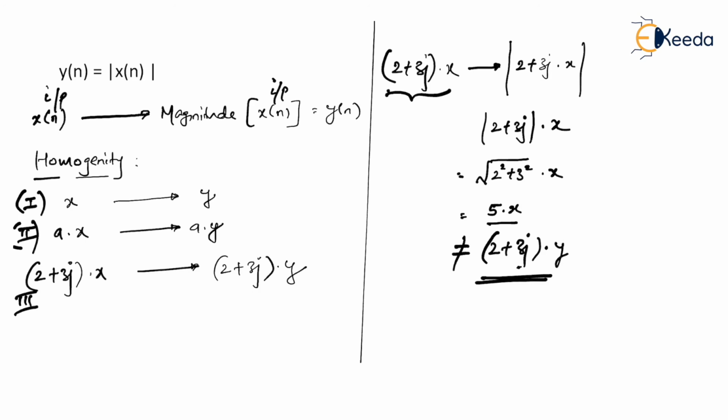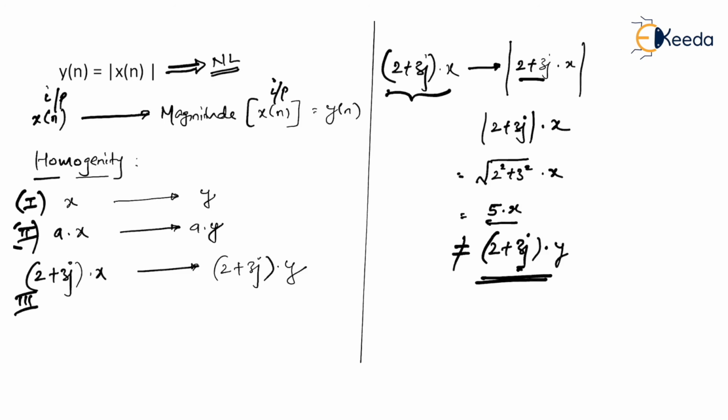It is never going to allow any imaginary value out because it is taking the magnitude of the whole x of n. Even though you apply some complex constant to it, it will take the magnitude of it and make sure that at the output you will get only a real value, that is 5. So even though you multiplied your x of n with 2 plus 3j, because of the nature of the system, it has taken the magnitude and made sure it is giving you only a real value out. Again, it is not following our homogeneity property and therefore the given system is a non-linear system.